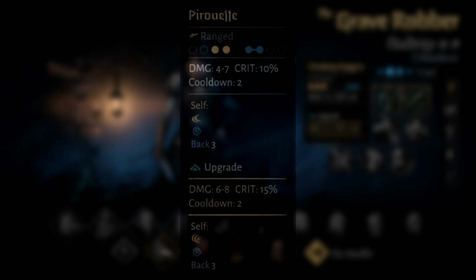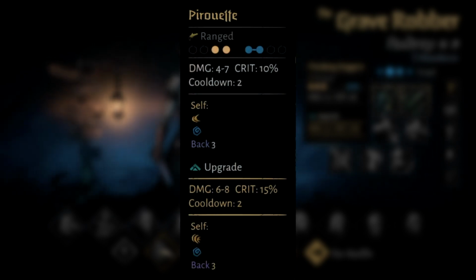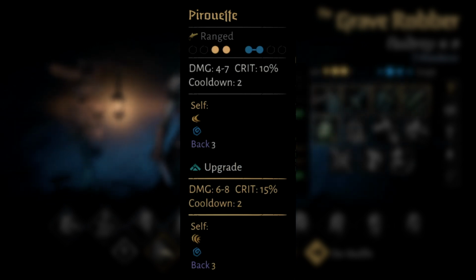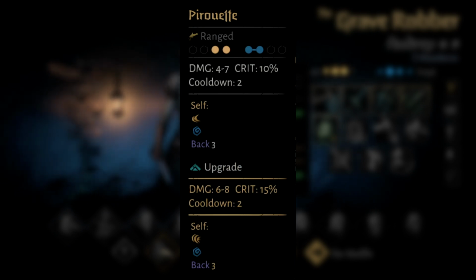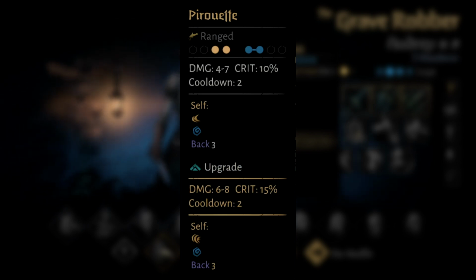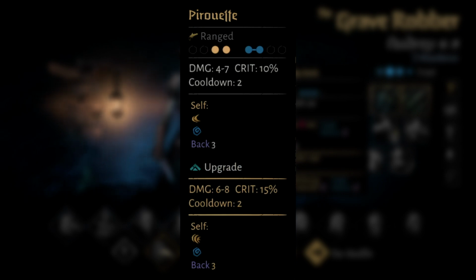Next, we have one of her other really fun abilities, which is Pirouette. This is another one of her cleave abilities, meaning that it hits multiple targets. It hits ranks 1 and 2 and is usable from ranks 1 and 2. It does a pretty good amount of damage, has a decent crit chance. It does have a very high cooldown of 2, which means you can't just spam lunge and pirouette over and over again. But the big thing here is that it will give you dodge and also daze when